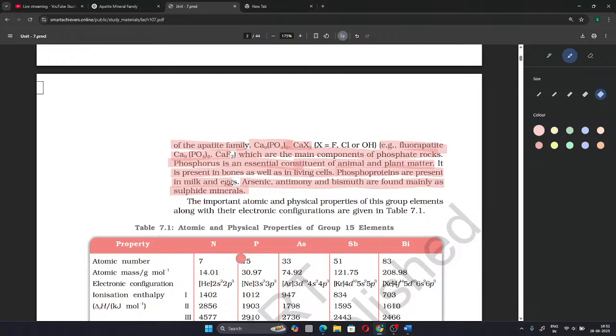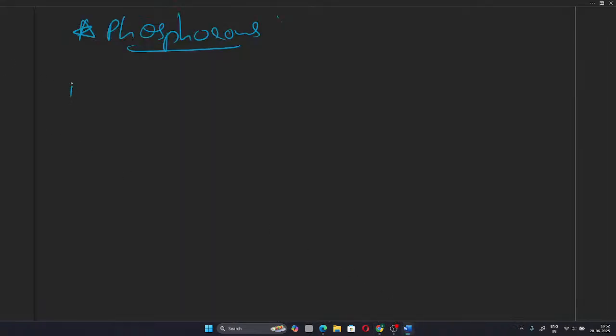And as for arsenic, antimony, and bismuth, they are found as sulfide minerals. One, found in apatite family, where apatite family, I will write the definition later,